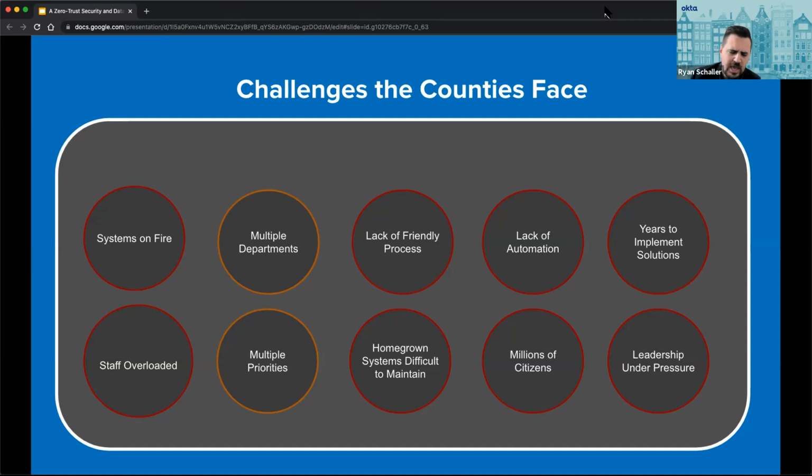And people need to be able to get services. I get to hear stories where people are overburdened, they're overworked, they're working in these counties and trying their best to keep up with this demand. But if you didn't anticipate this influx of traffic, you really see a stress on the people who are supporting these systems. So you have counties with multiple departments that each have their own priorities. They're overworked, again, working night and day in some cases.